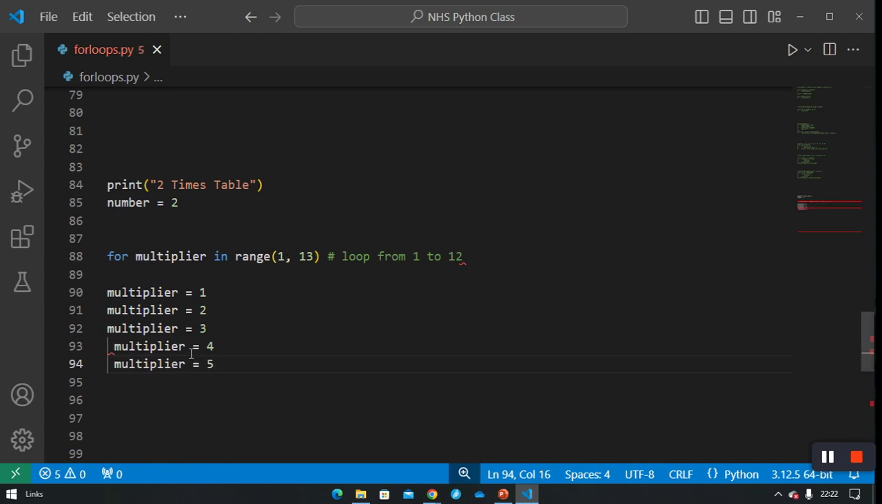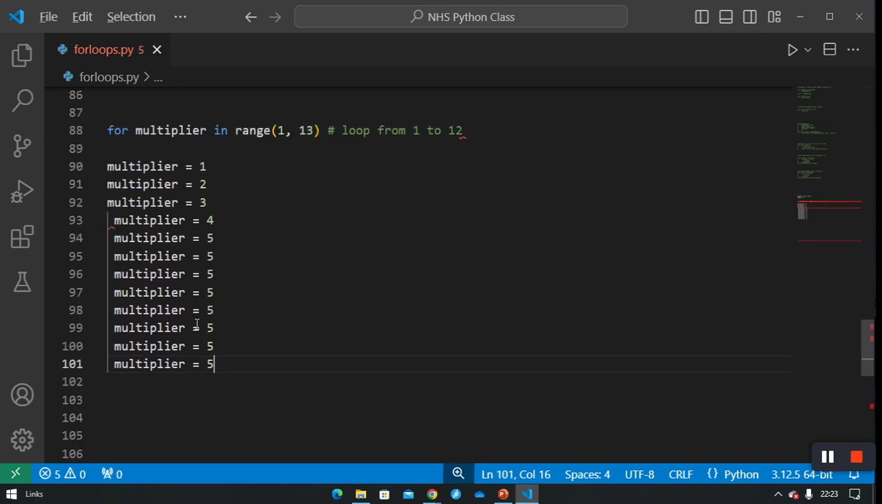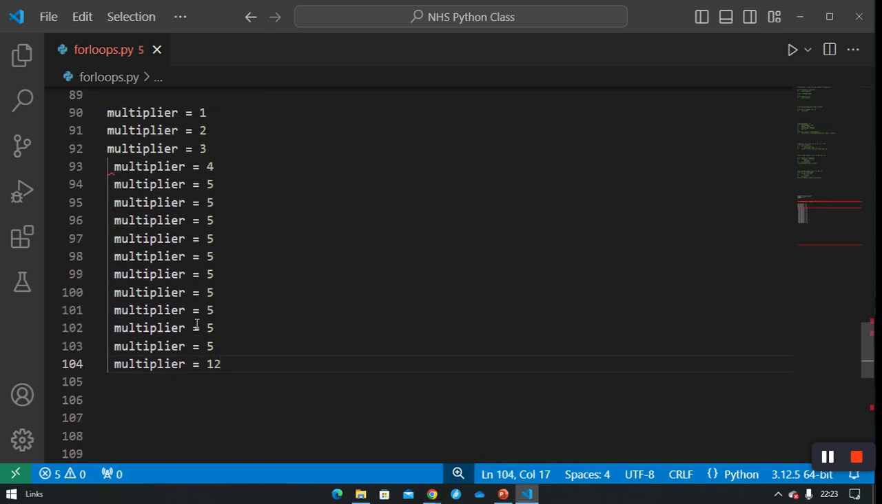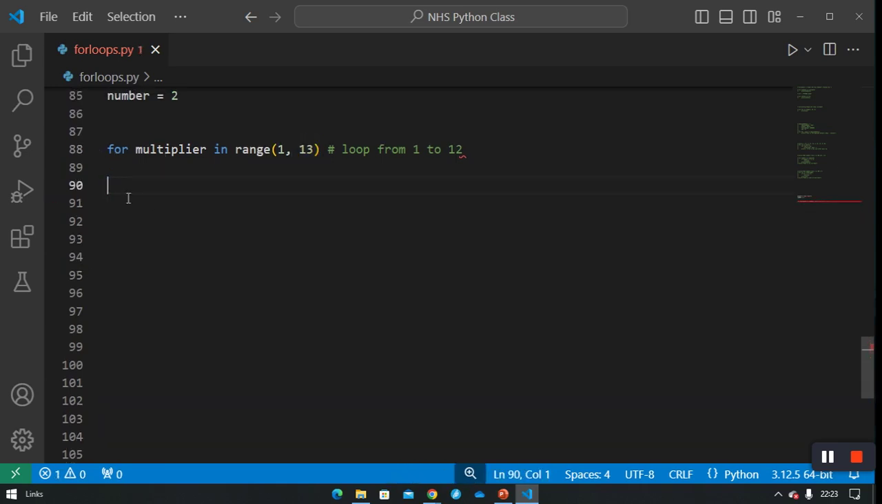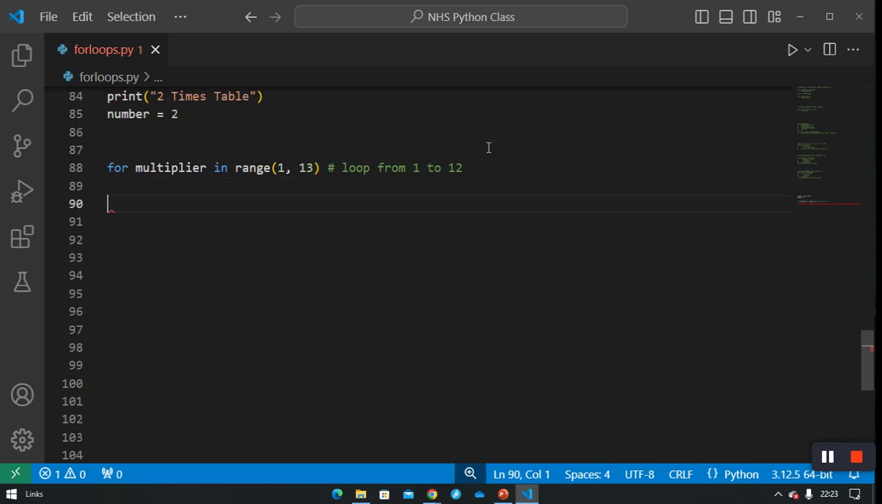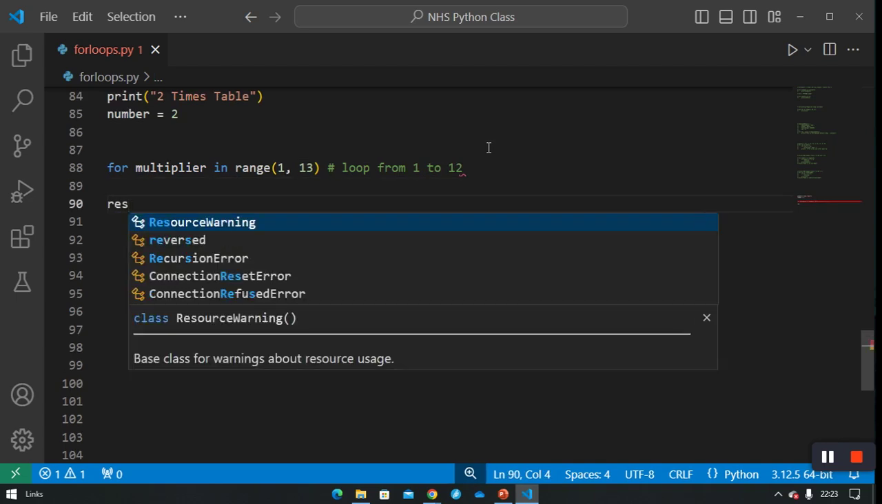In the range of 1 to 13, this same multiplier goes on and on and gets to 12. That's what multiplier means. So don't say, where did I see multiplier for? Multiplier is what is going to be holding the value of the range. So multiplier equals to 1, multiplier equals to 2, multiplier equals to 3, multiplier equals to 10, multiplier equals to 11, multiplier equals to 12, then it stops. Then we go and say our result